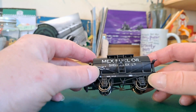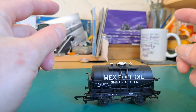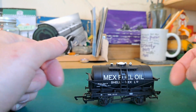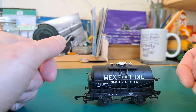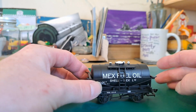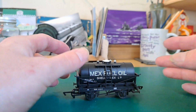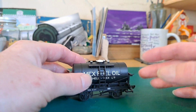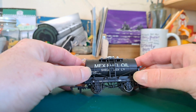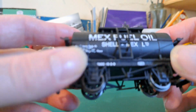So I don't know that much about this tooling. I haven't really got that many varied tank wagons, but I do know that Hornby had this tank in their range from about the year 2000 at least, in Royal Daylight livery, and then later in a really nice Esso livery. It was kind of like a yellowy, green, grey kind of livery with, I think, blue and orange writing or something. So this is the Mex Fuel Oil Shellmex Limited version,